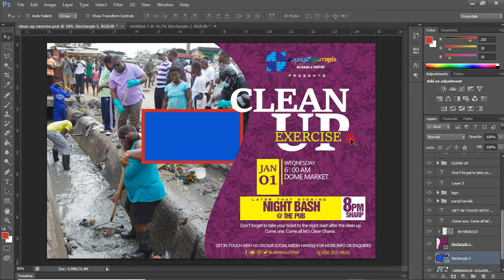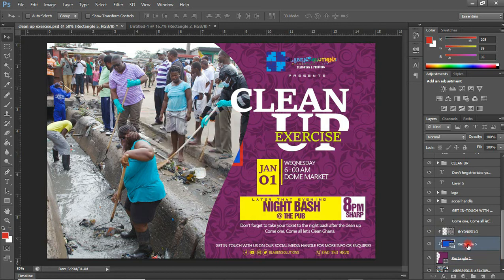So anytime you want to reveal or hide a shape, you either put the shape on top or beneath the layer. So if I want to bring this object on top of this object, all I have to do is come to the layers panel in here, hold and drag this on top like this, and I have,